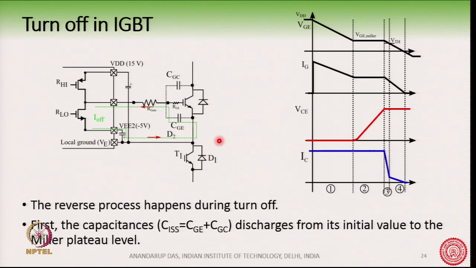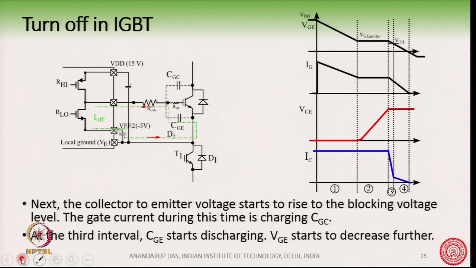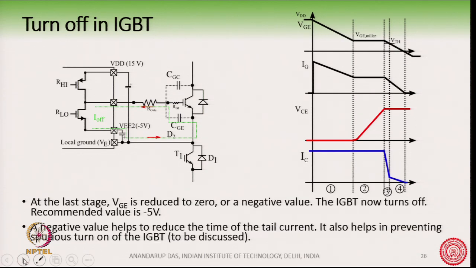Again, there are 4 stages during turn off. The capacitance initially, this CISS, both of them are discharging from its initial value to the Miller-Plateau level, and then like the previous way, in the second stage VC voltage is rising, whereas the current is still maintained. And at the third interval the CGE starts decreasing, that is this CGE capacitor is starting to decrease, and then ultimately at the fourth stage this voltage VGE goes to minus 5 volt